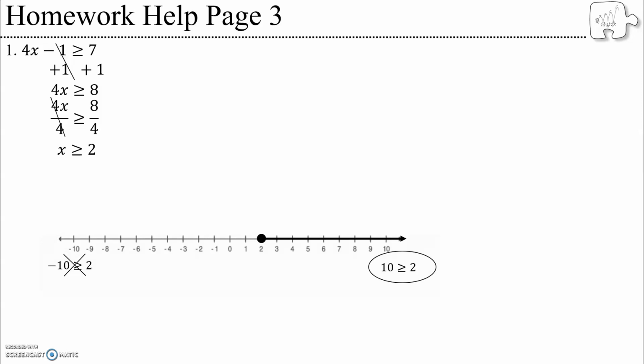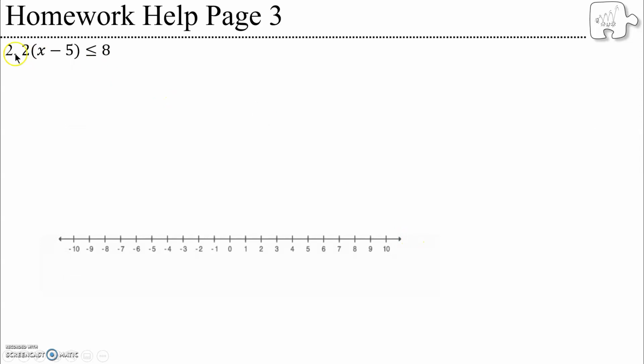Okay, so now we're going to do problem 2. So the first thing to do for problem 2 is we got to distribute, right? When we have a number outside of parentheses, we got to multiply them both. So it'll be 2 times x minus 2 times 5, or 2x minus 10, right, is less than or equal